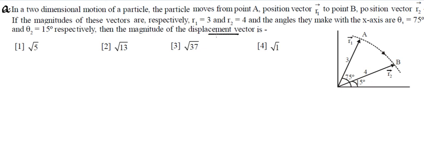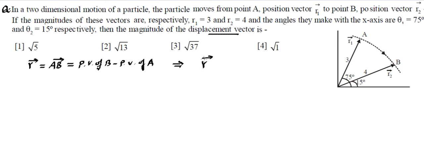So here we need to recall the displacement vector. If I'm writing it by r, it is the position vector of the final AB vector. It will basically be the displacement vector if it starts from A and goes to B, so it's called the AB vector. And we write it as the position vector of B minus the position vector of A. You might remember this formula from our previous lectures or basic understanding of the concept. Now, what is the position vector of B and what is the position vector of A has been stated over here.